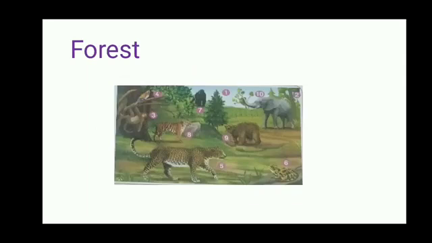Forest. In a forest we can see tall trees like pines. Wild animals live here. This habitat is suitable for wild animals, so we can see tigers, lions, monkeys, elephants and jaguars etc. in this habitat, and we can see some wild trees and plants here too. So this habitat is suitable for all wild plants, animals and birds. So class, these are a few habitats which are suitable for different kinds of plants and animals.